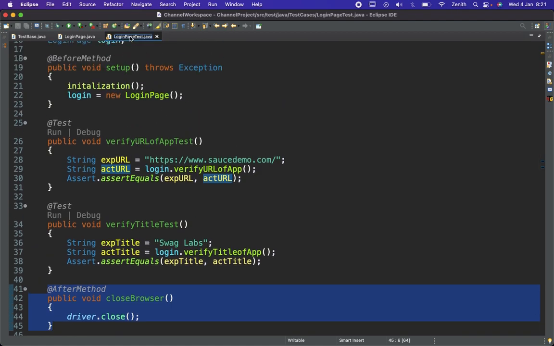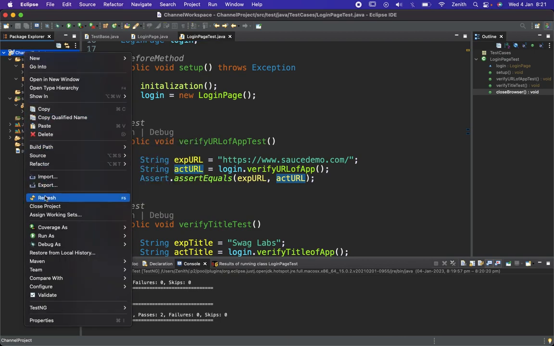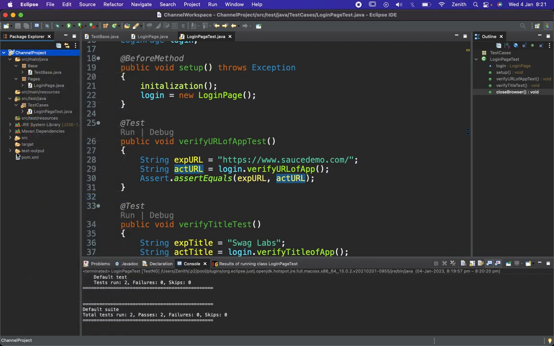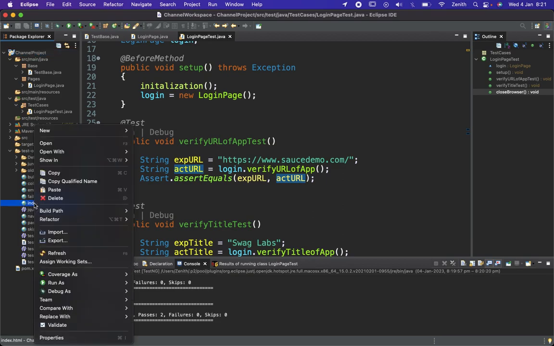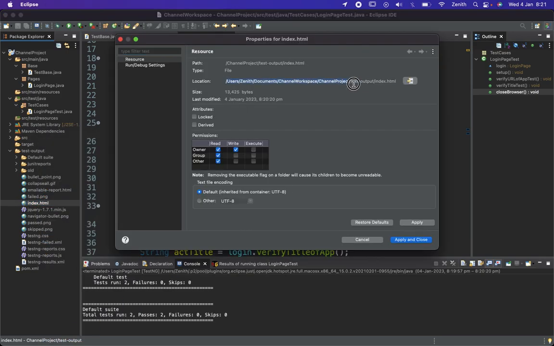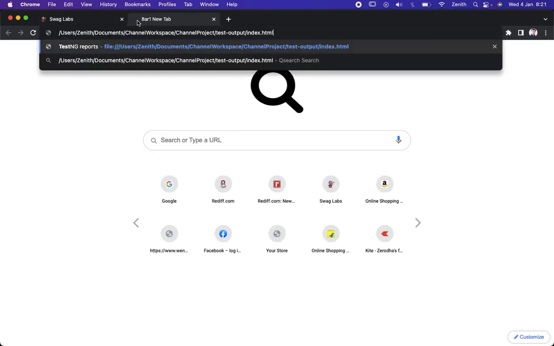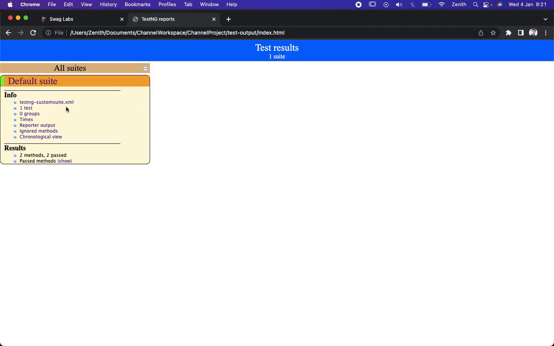Then after the execution, we can see the report, because TestNG provides the report too. So what we need to do is right click on our project and click on refresh. Then you can see the test-output folder is over here, and I need to select index.html. Right click that, go to properties, copy the location of the file and open it in our browser. So I will open it in this way, and now we can see the